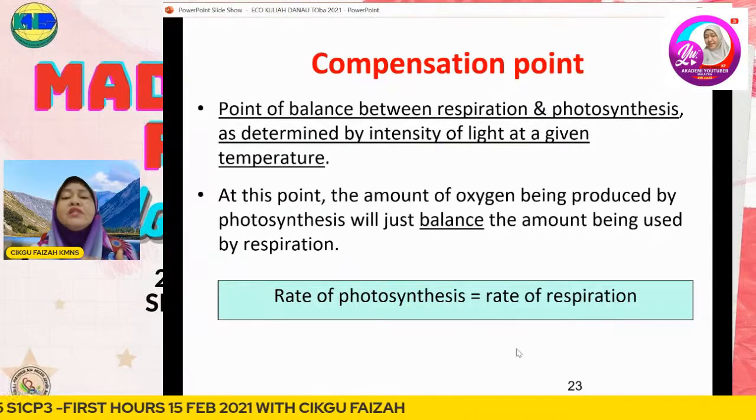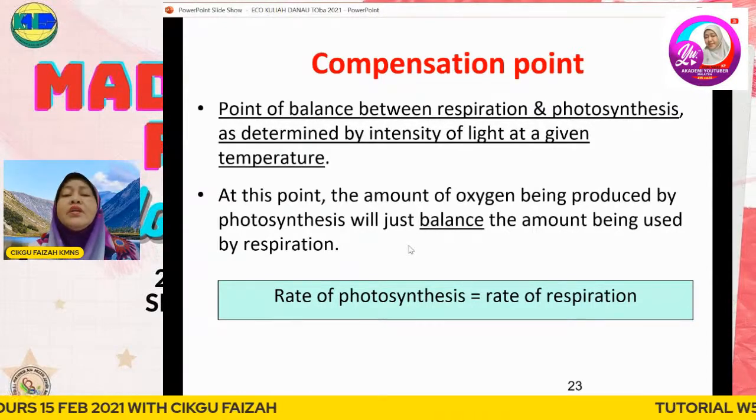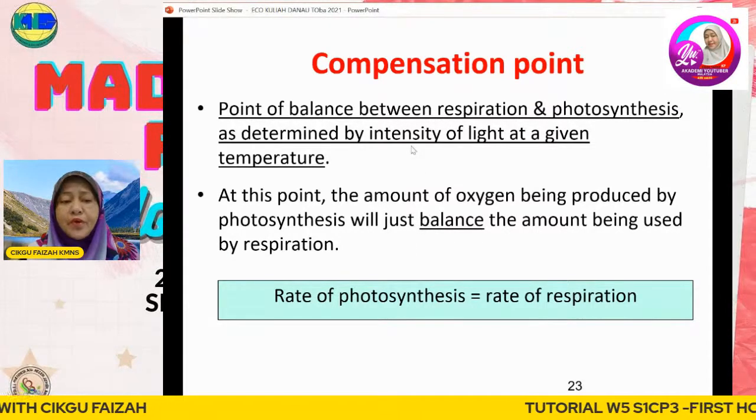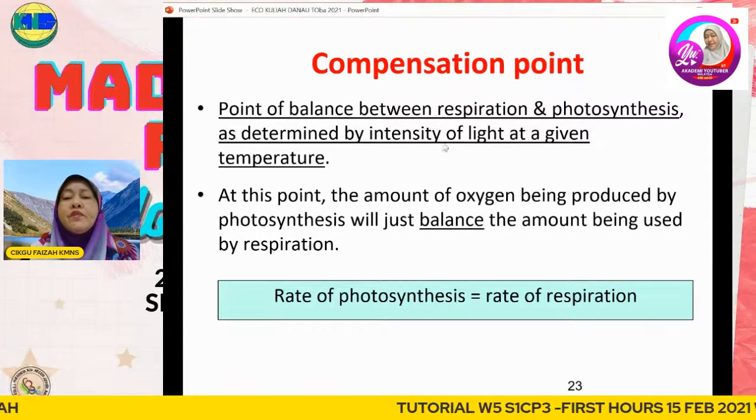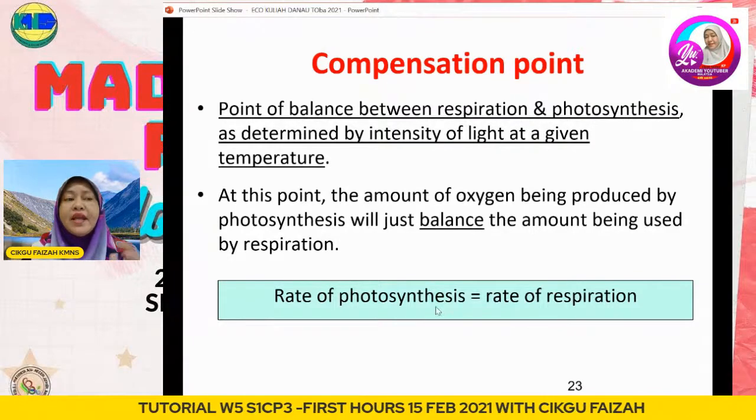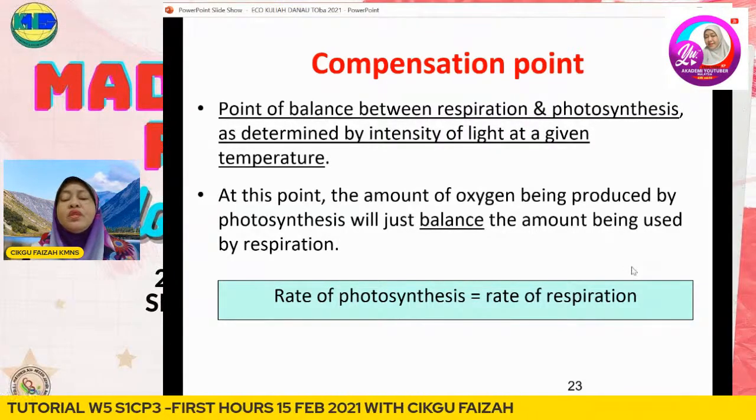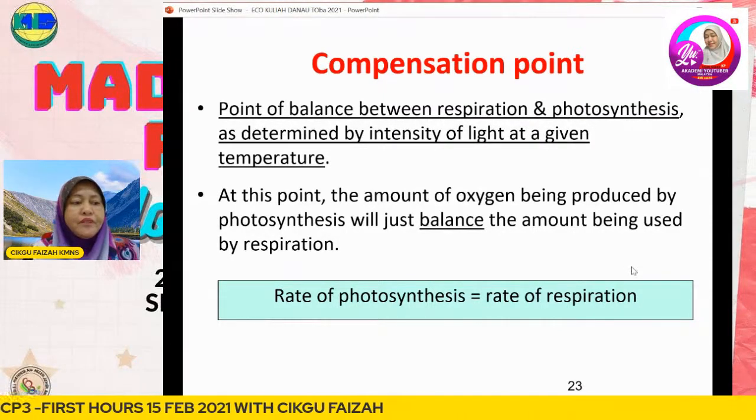Science ecologists call this point a compensation point. Okay, what is the meaning of compensation point? Ingat formula ni kelas. Compensation point refers to the rate of photosynthesis equal to the rate of respiration. Okay, so far